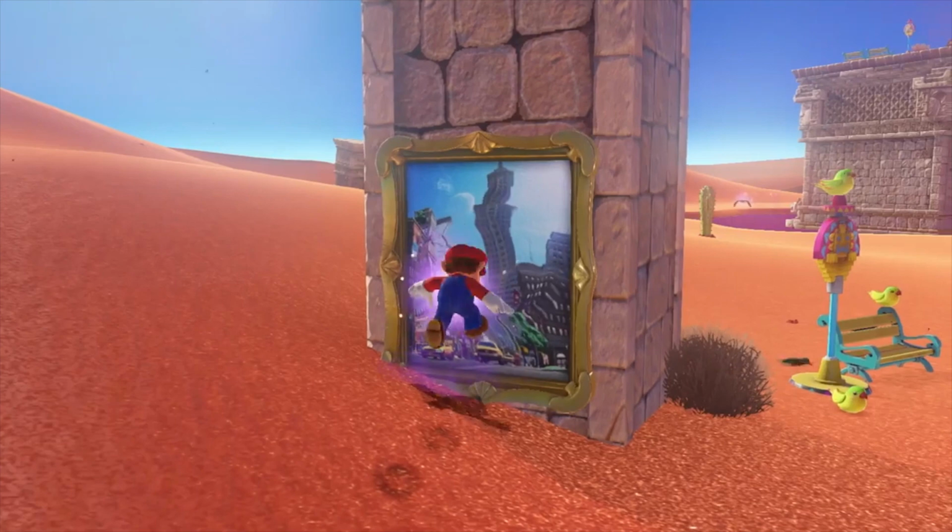So if you're in the Sand Kingdom, you find this picture, you jump into it. I don't know whether the moon will be attributed to the Sand Kingdom or to the Metro Kingdom, but I think it'll just be like a small area in the Metro Kingdom that you can get a specific power moon for, and then you jump back into the Sand Kingdom where you initially entered the picture. And I think this is akin to the